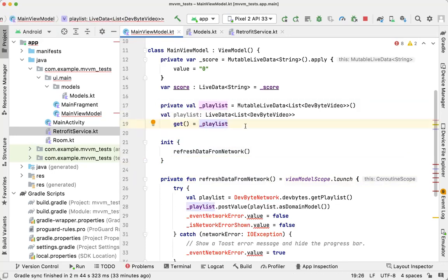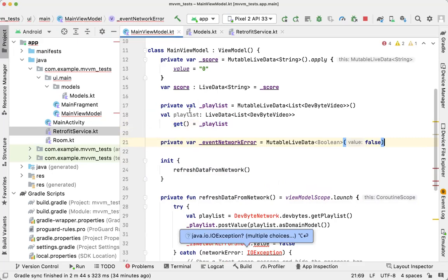But if there is an error that occurred, we can have a separate error handler for that. We will call that event network error, and it's going to be a boolean,